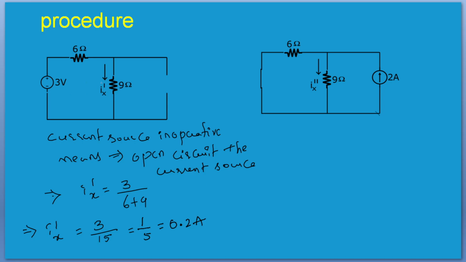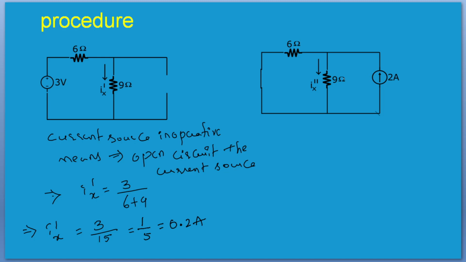See here in this, I determined Ix dash, which is the response in 9 ohm resistor with 3 volt source acting alone and making this current source inoperative. Making current source inoperative means open circuit the current source so that current becomes 0 and it is represented by open circuit. Now the next step is determine the response or the current in 9 ohm resistor using 2 amps current source,